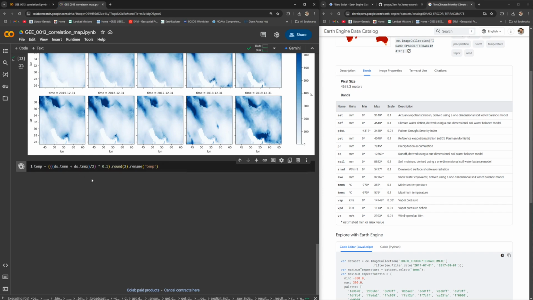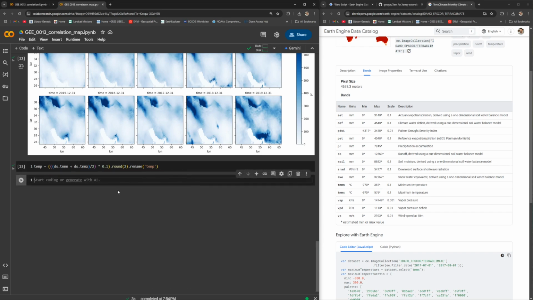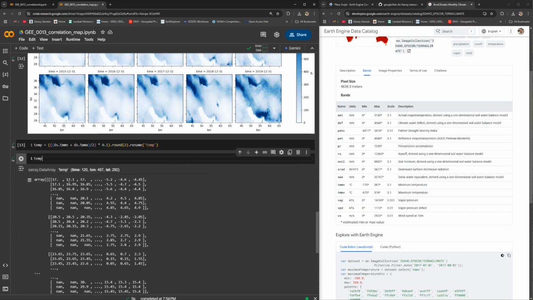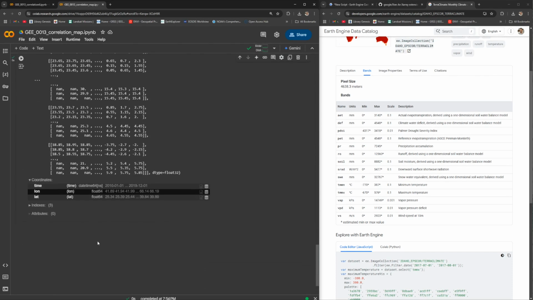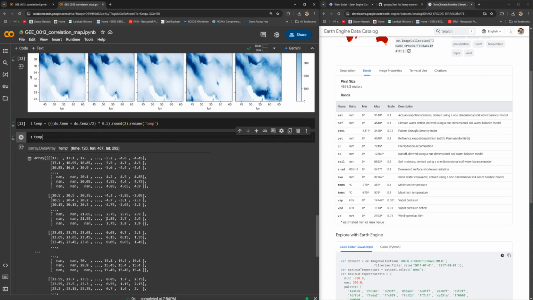Let's run the temperature variable, and after a few moments a single average temperature is created for the period of time. Now as you can see, 120 temperature data are calculated, but it has the monthly